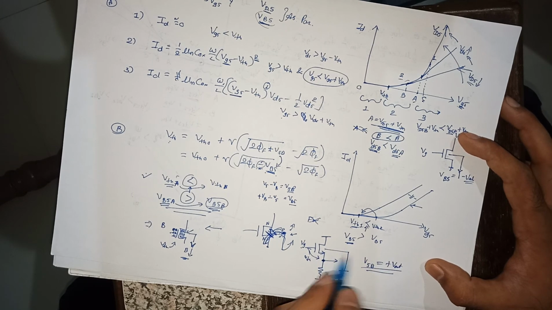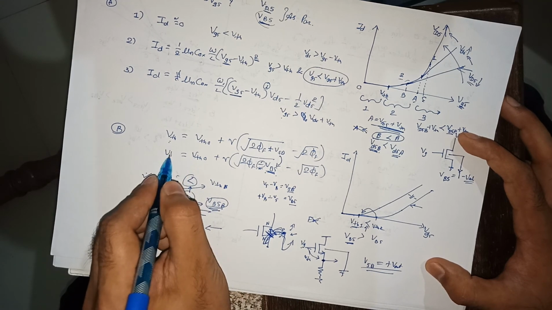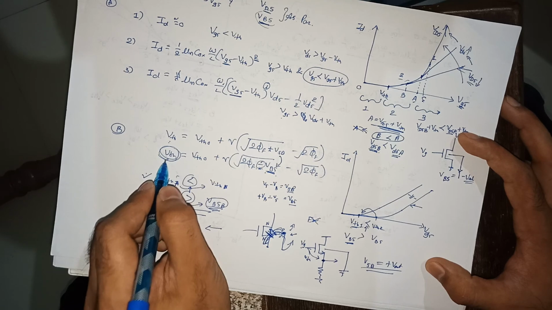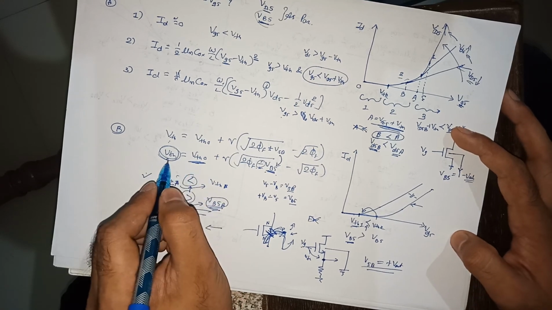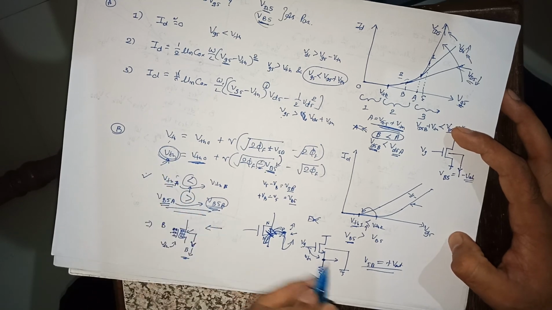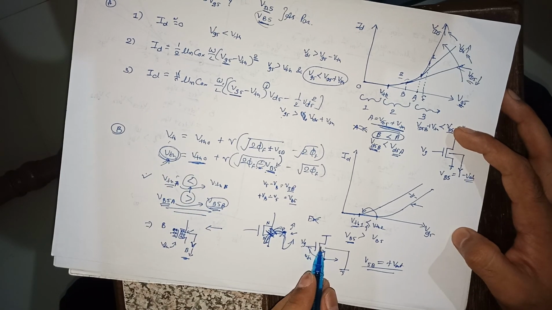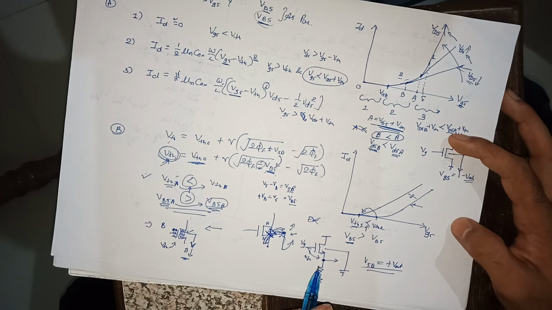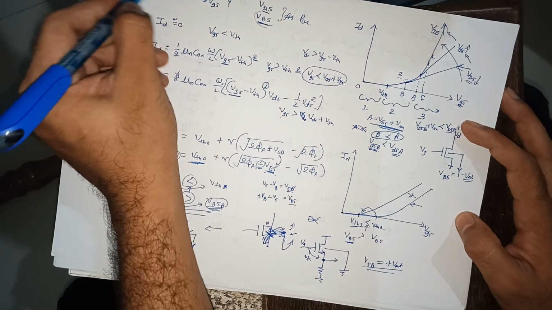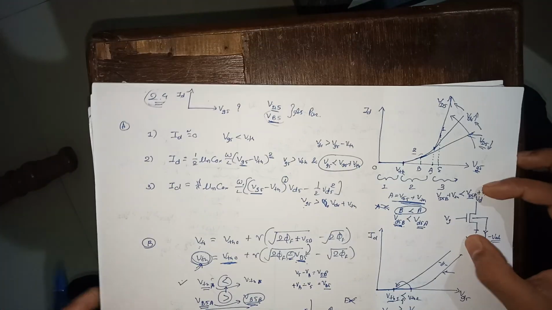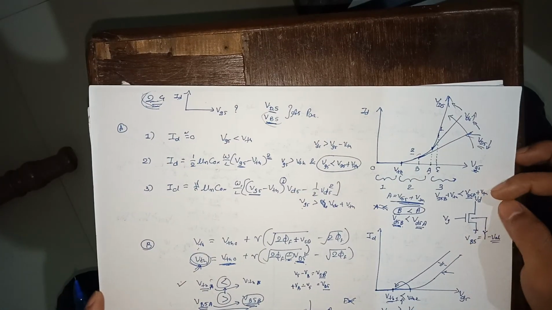In this condition, your body voltage will come into the picture. So at that time you will find the difference in VTH, actual VTH. This is native VTH, native threshold voltage, and this will be a modified threshold voltage with respect to body voltage. Sometimes it is helping, sometimes not. We will see later. Okay, so this was the solution of problem number 2.4. We'll see 2.5 later.